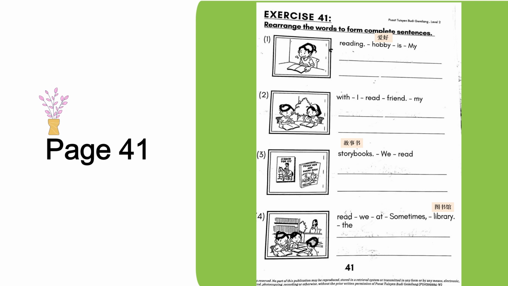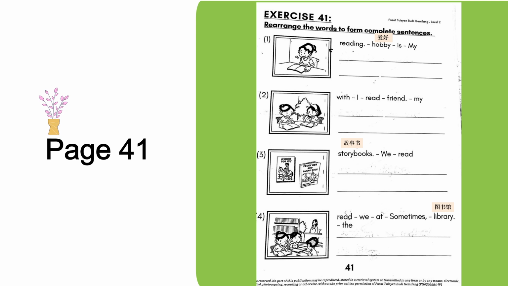Now I'm not going to tell you the answer. What you need to do is you read. You take a look at the words first. With, I, read, friend, my. Okay, so you're talking about 你自己，你就用我。Okay, I subject. 你跟谁读？我跟我的朋友读。So look at picture number 2. So I subject, then you find your verb. Okay, verb. 找 verb. I, and then the answer. You try and write on your own. 我跟朋友读，就是读故事书啊。